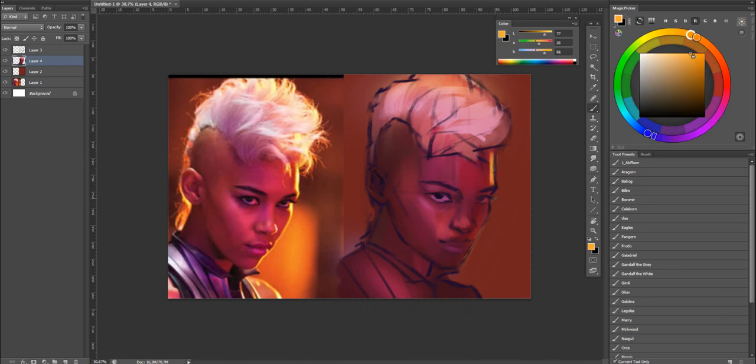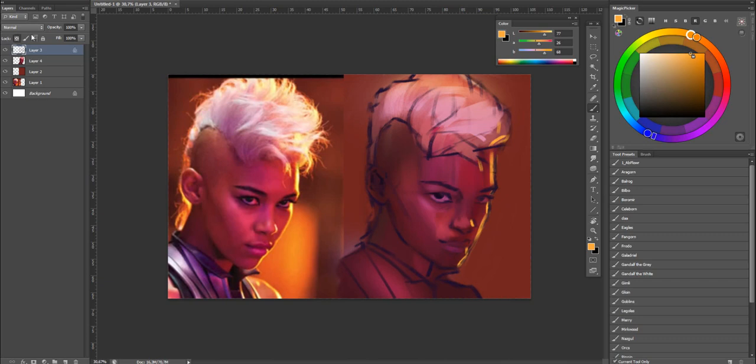These highlights are so strong that I'm probably going to have to paint them in manually like this. Alright, as a base anyway. And now that we're